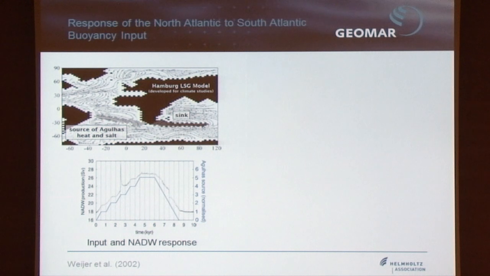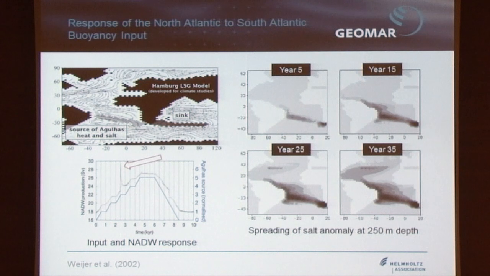From time to time, however, he saw very abrupt shifts, both in the increasing phase and in the declining phase. And these abrupt shifts were caused by decadal variability, where